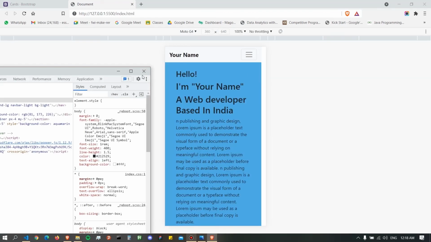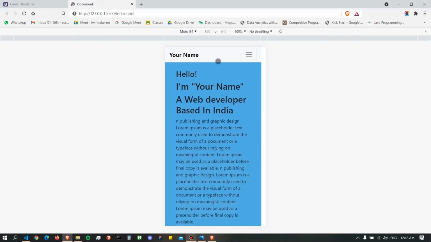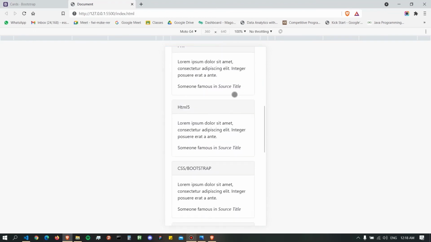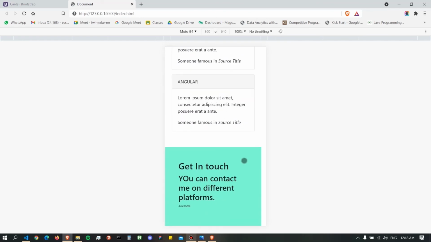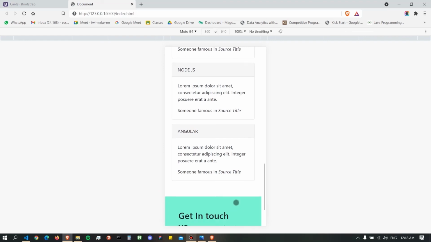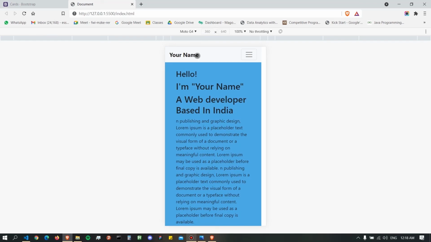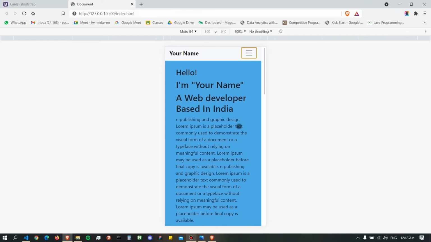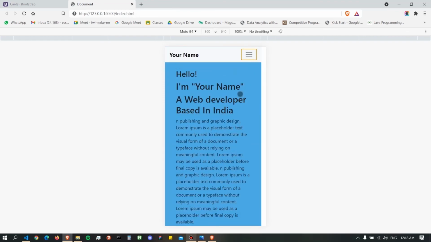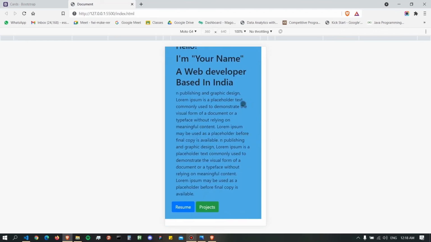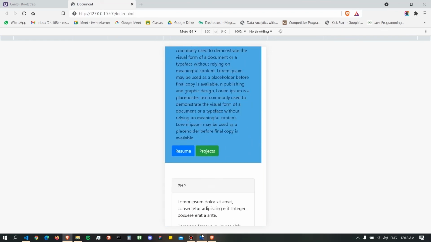If I show you in the mobile view, this is how it will look in your mobile view. See, all the services sections are stacked one below another, and the footer section is also resized automatically because it was container fluid. And your nav bar has also collapsed into this icon. For some reason this is not working, but if you click on it, there'll be a collapsing nav bar appearing, and this text has also stacked one below another, and the image is gone, because